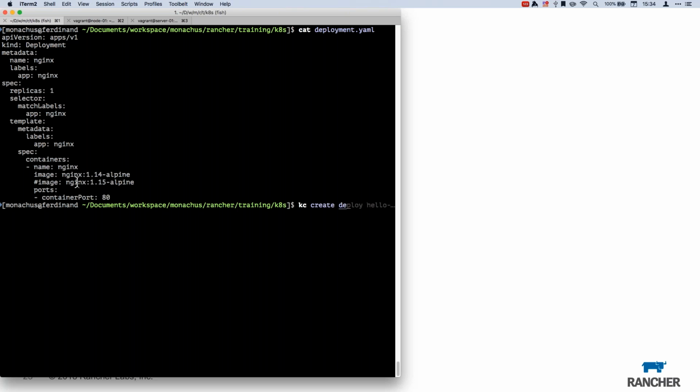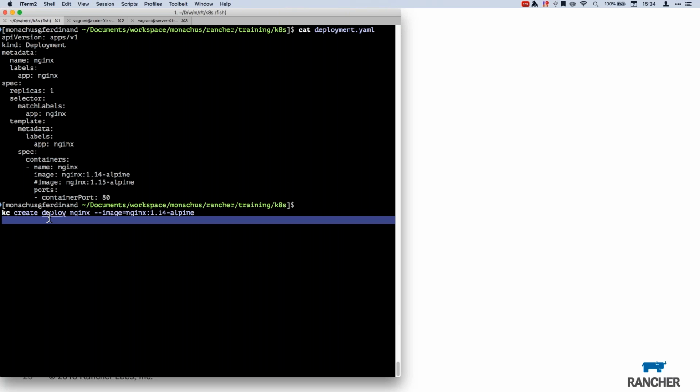Kubectl has, can't talk and type at the same time, so I'll just type first. Okay, kubectl has a command called create. And then you tell it, what do you want to create? I want to create a deployment. I want my deployment to be called Nginx, and I want it to run that particular image. And if I go and do that,